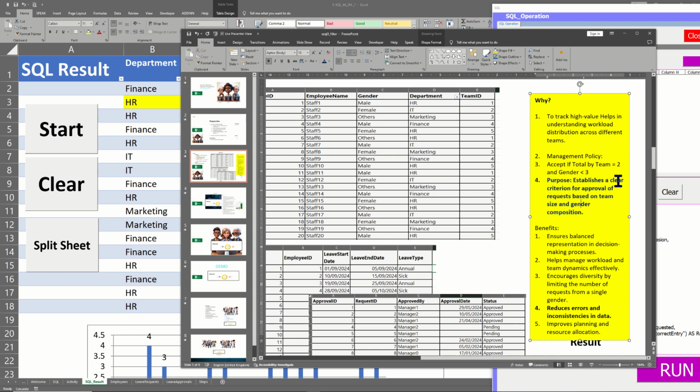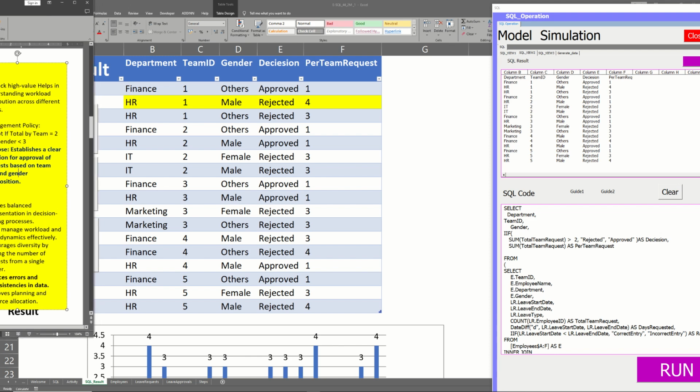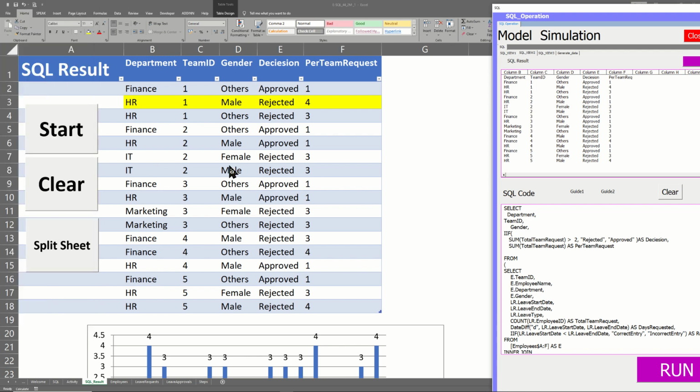Establishes a clear criterion for approval of requests based on team size and gender. This is absolutely clear transparency. I'm going to push that aside now. So as you can see in front of you, it has applied and rejected this one based on that condition. It went on and rejected the second one,